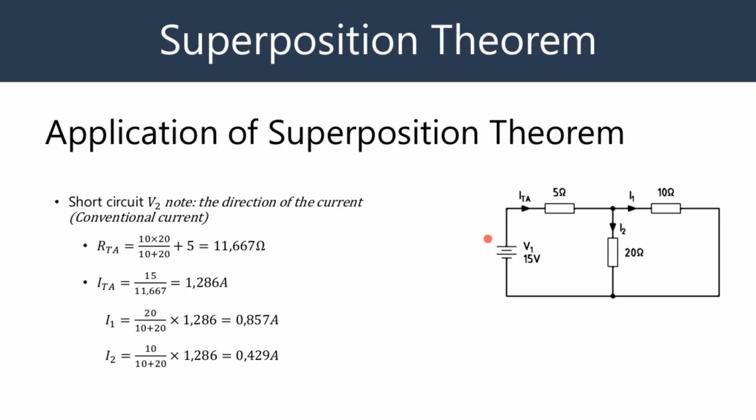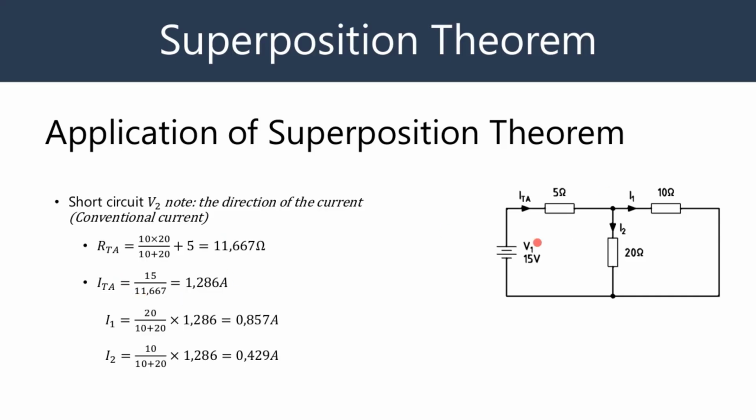11.667. I actually prefer, when I'm doing a calculation, to segregate, so separate the two. In other words, calculate R parallel first, then R total second, and this is for circuit A. Okay, this is circuit number A. Then from there,